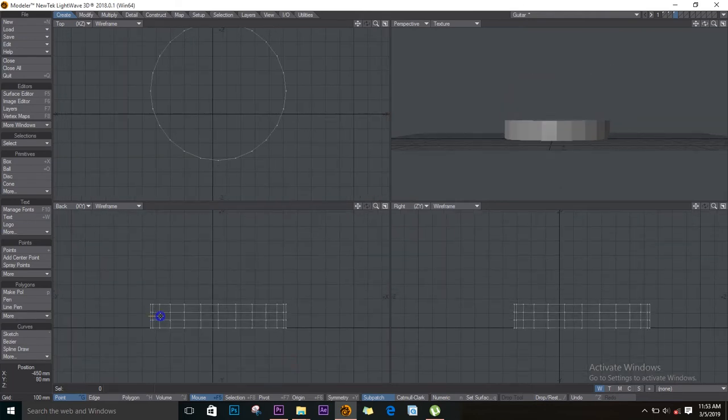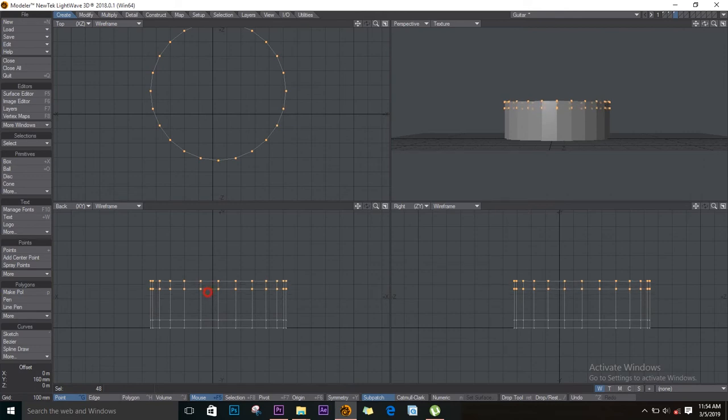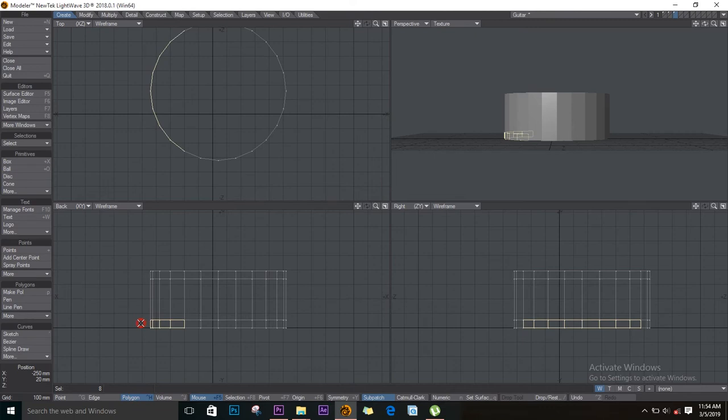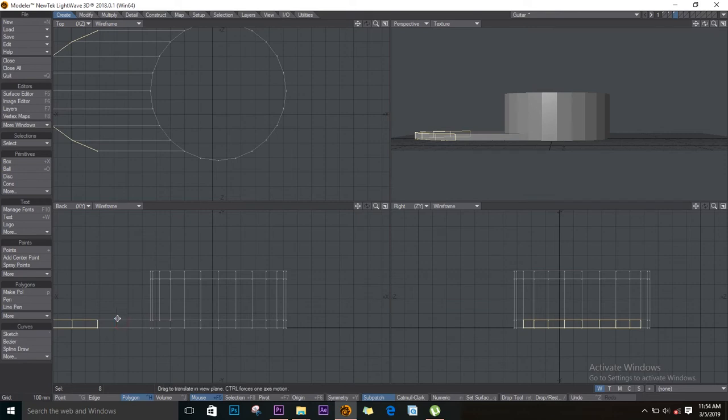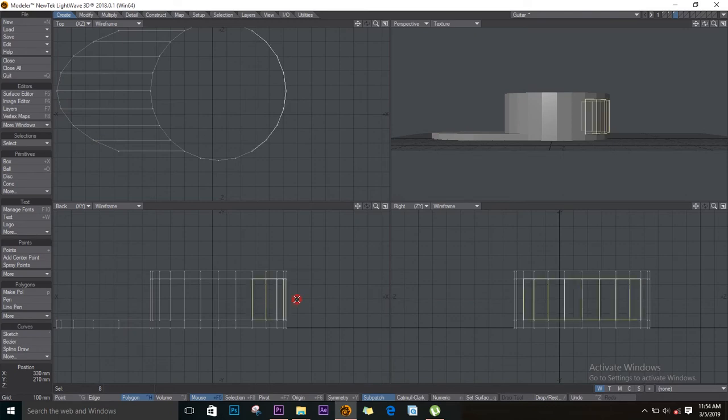So what I'll do is I'll select this, the top part, T to move, I'll move it up like this. Okay, like so. I'll select these, make sure you're in polygon mode, select these, and I will push E for extender, T to move, I'll just drag it out, and like that. Then H for stretch, I'll just stretch it out a bit like that. T, let me move it back just a bit. Okay, space. I'll select these here. E for extender, T to move. I'll move it like that,